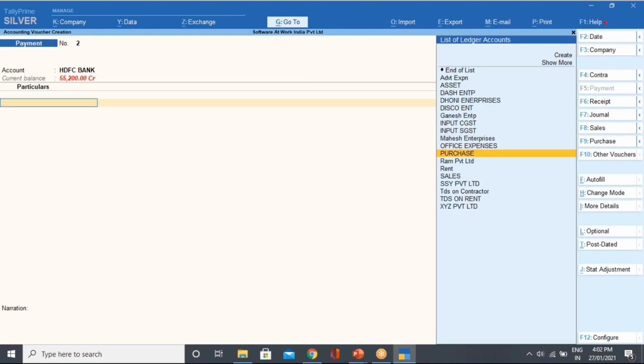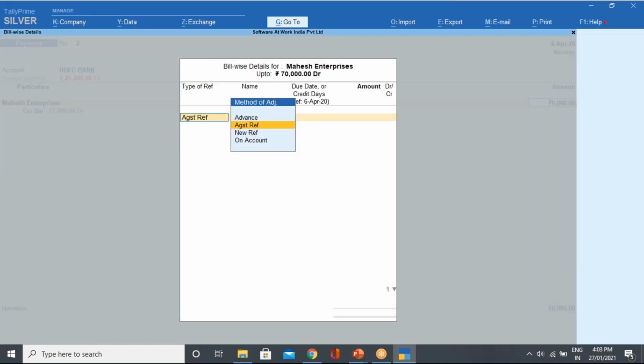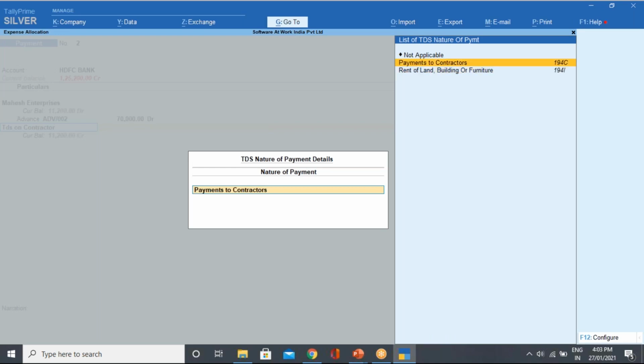Here I will select another party, Mahesh Enterprises. Amount is 70,000, advance. And here, for the TDS nature, I will select TDS on contractor.